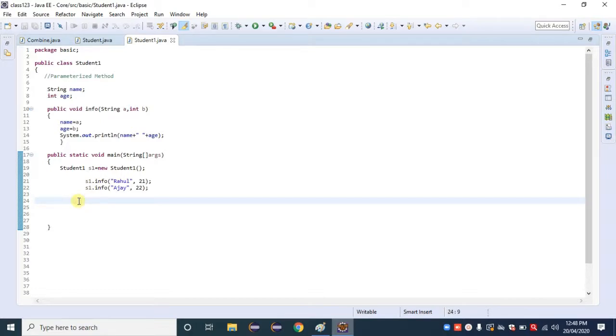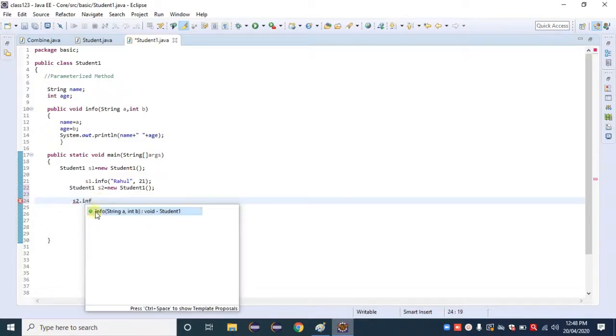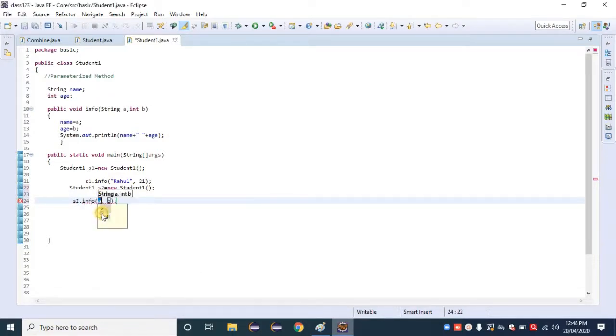Suppose we want to create another object. No doubt we can create another object also. There is no restriction or limitation. We need to provide another reference variable here: Student1 s2 = new Student1. So s2.info, here name as Ajay, and here I am giving 22.